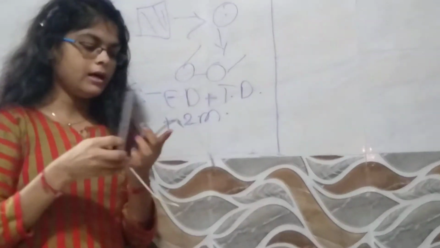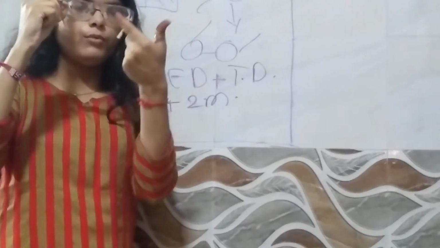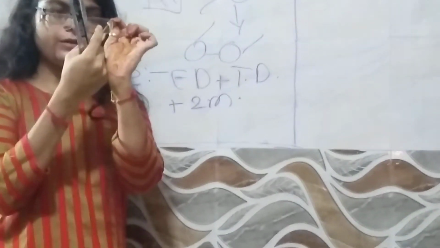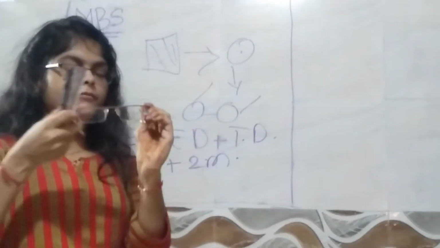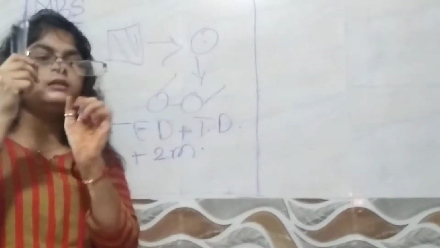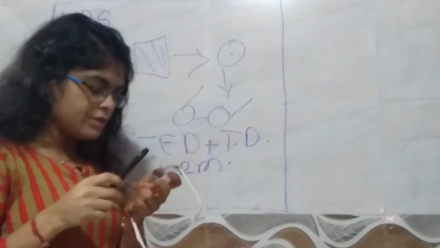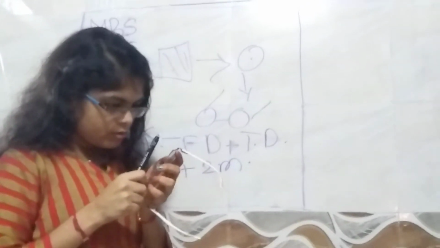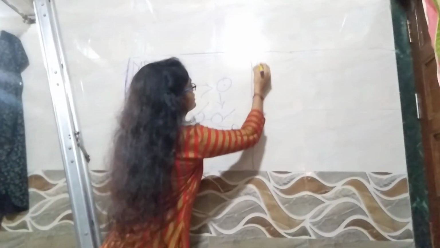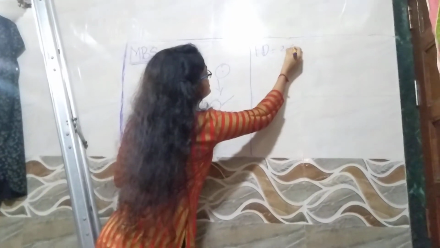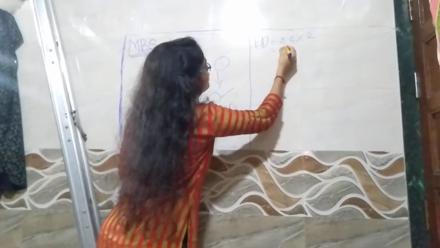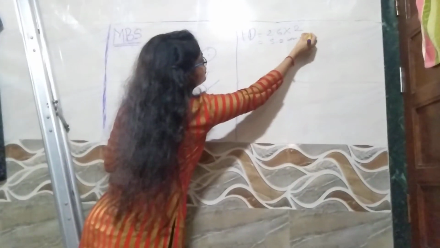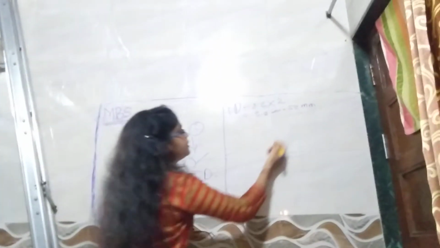So we have a scale and a marker, and we'll mark the vertical line and horizontal line, and make a point in the center of the frame. Here you can see I have already marked, and now I will measure the effective diameter. So it is 2.6. The radius is 2.6, and doubling it will be 5.2 centimeter. So we'll convert it into millimeter. So it is 52 millimeter.